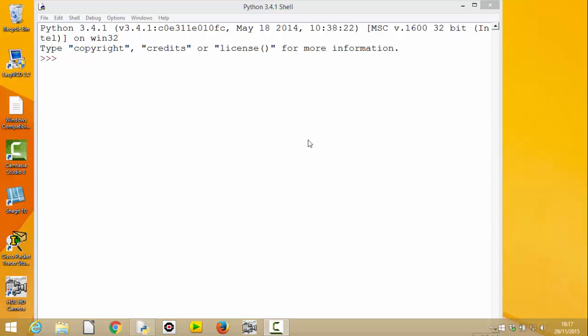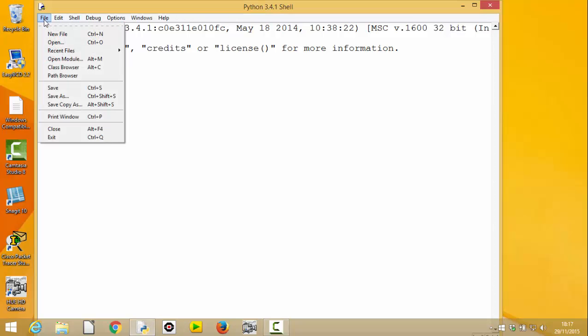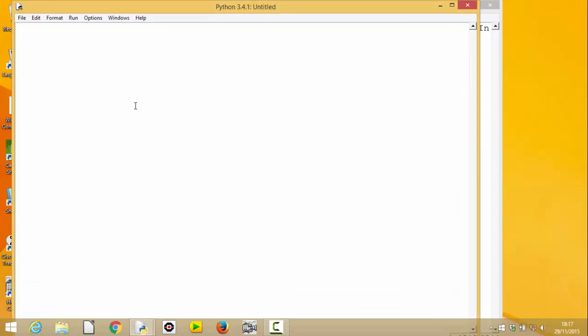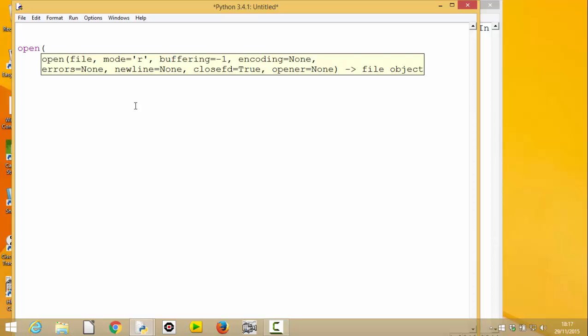Okay, so we're going to have a look at some file input output. So let's create ourselves a new file. To open a file for writing, we use the open command. We then say the name of the file that we want to open. So I'm going to call it